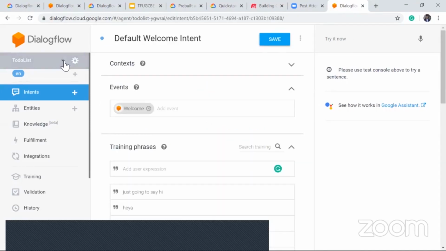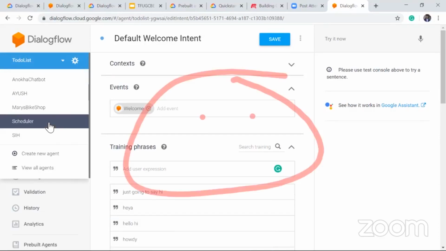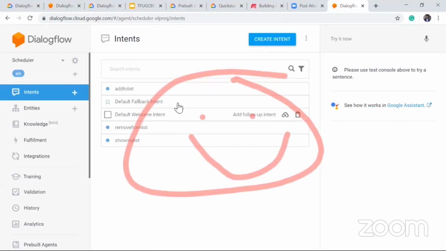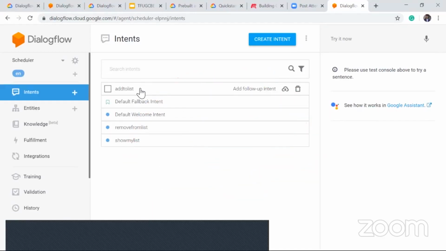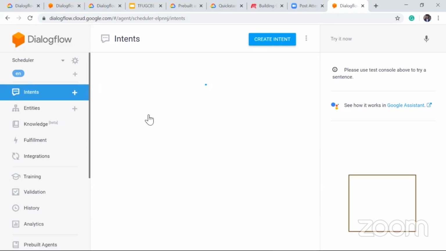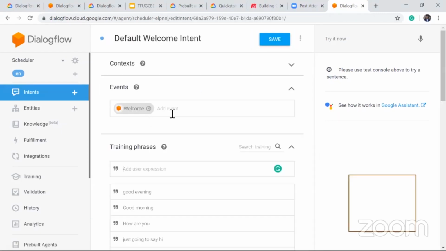Okay, I'll switch to the chatbot I already developed so that it'll be easy for me. As you can see here, there is a default welcome intent and a default fallback intent. I'm going to the default welcome intent, and I will just